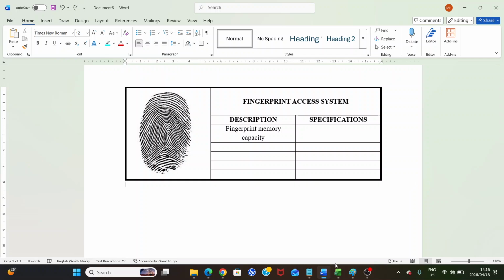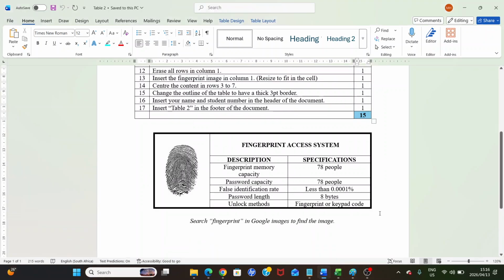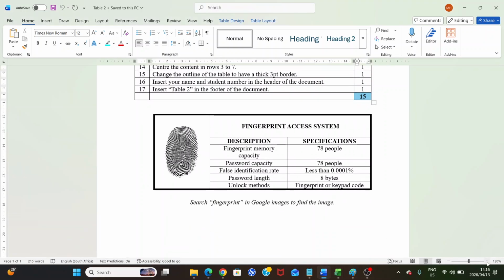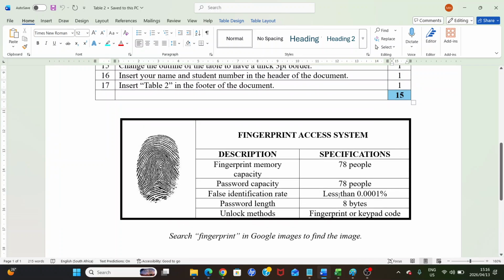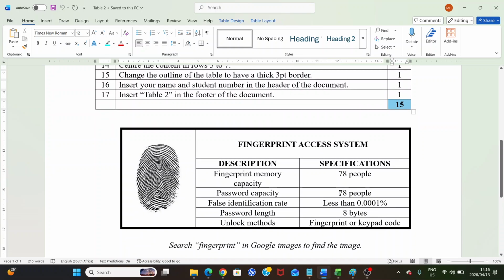Okay, I'm opening this one so that you can continue to do it on your own while I'm walking around to see. You guys must just finish typing it as well, all the content.